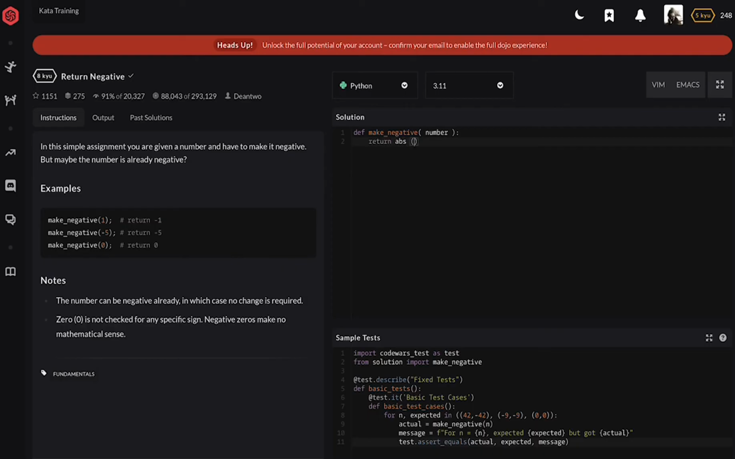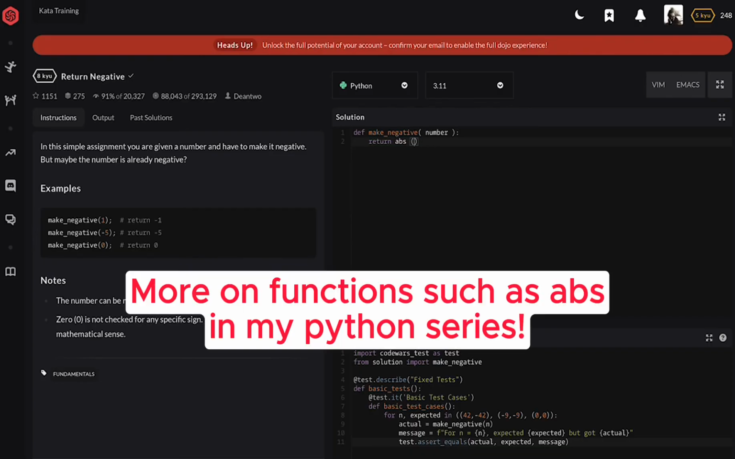Abs means absolute. And so if the thing that the user has entered was -5, the absolute will be 5. If it was positive 10, the absolute number will be 10. So it will be the absolute of the number,